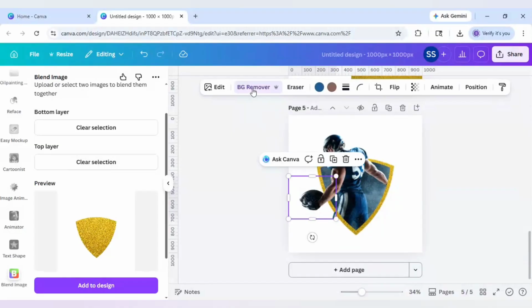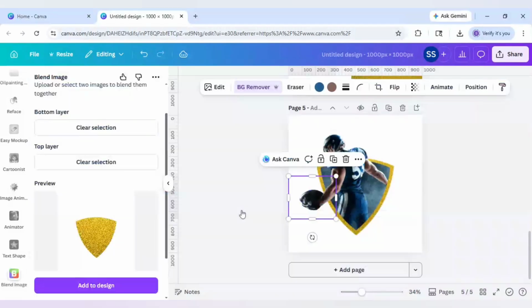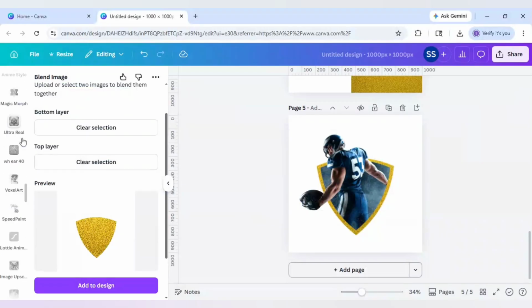and some part of this pants are coming here, so I will click on double times BG remover and after that click on this erase portion and I will erase this part, and click on done. So as you can see, the pant part is removed, and after that, for final adjustments, I will just scroll